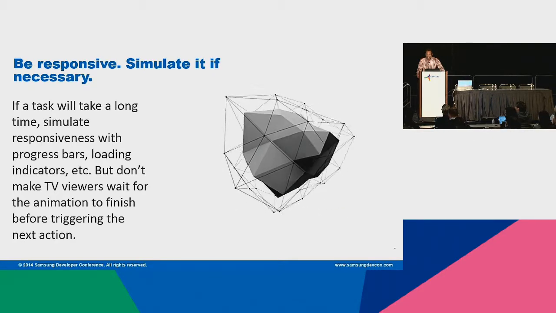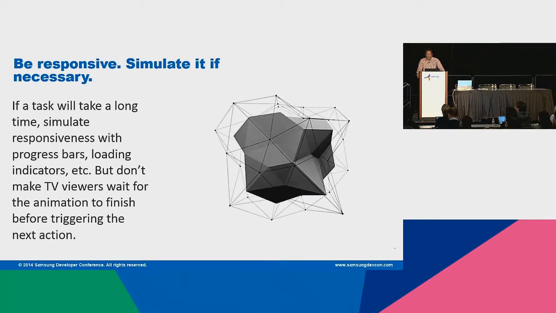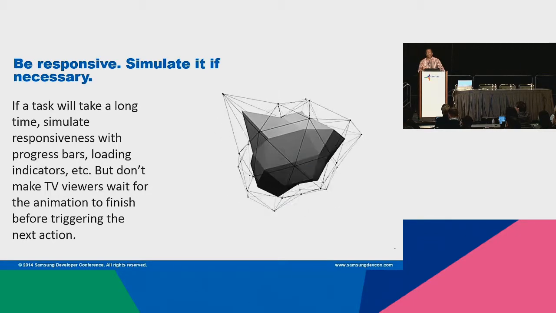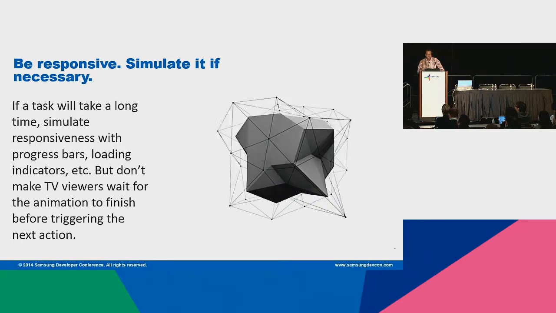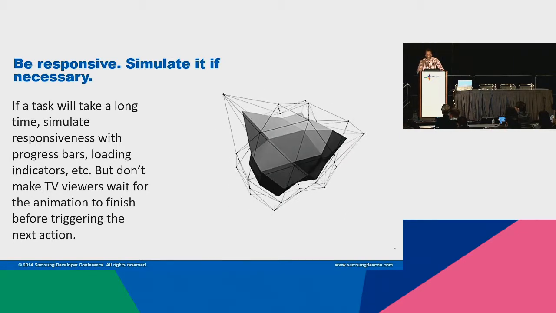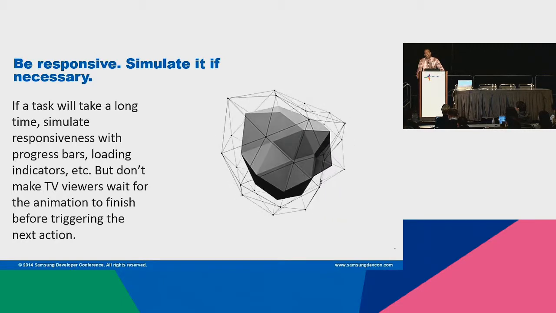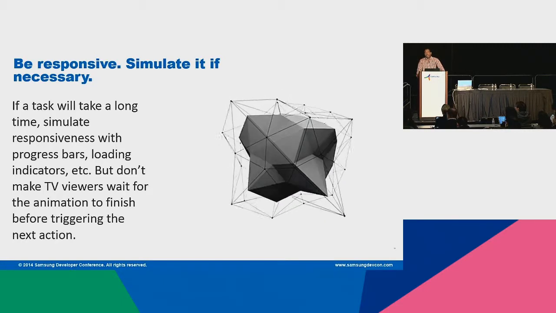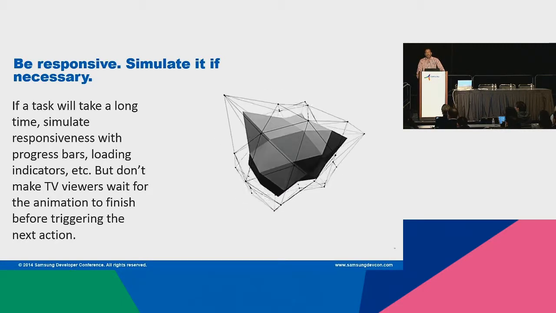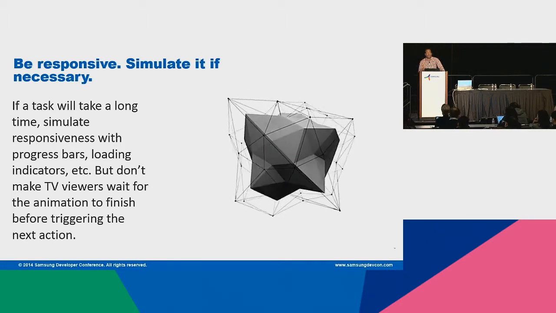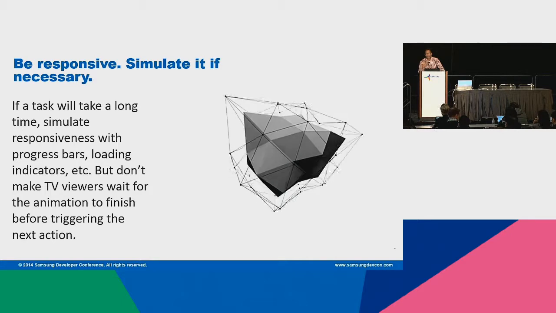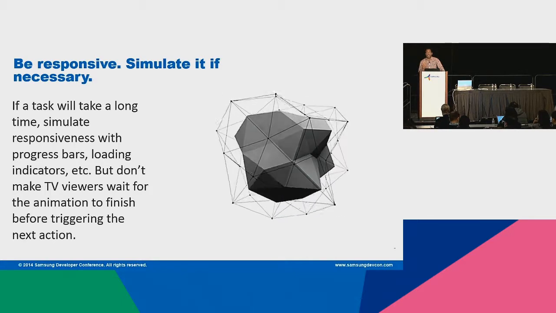If the action is going to take longer than a few seconds, then we recommend that you do some sort of progress indicator, so some sort of circle that shows that the system is thinking, that it's heard you. And if it's going to be longer than 10 seconds, then you should definitely show a progress bar. And the idea behind that is that you want the user to know that the system actually heard them and received their request. But above all, you want to make sure that it's immediate and accurate.